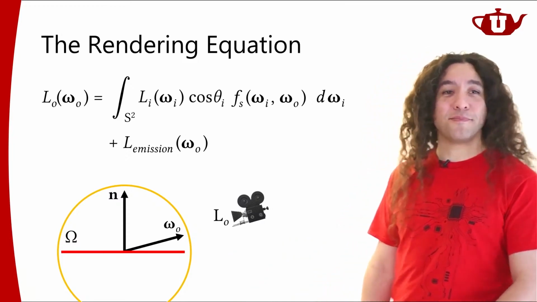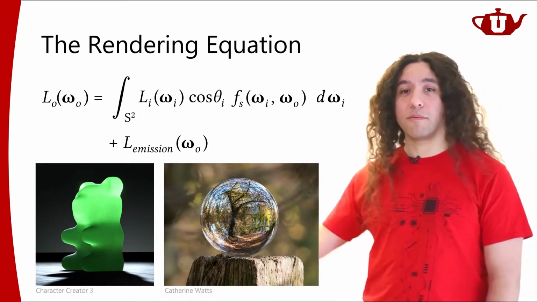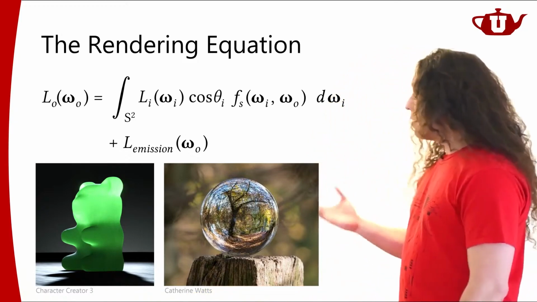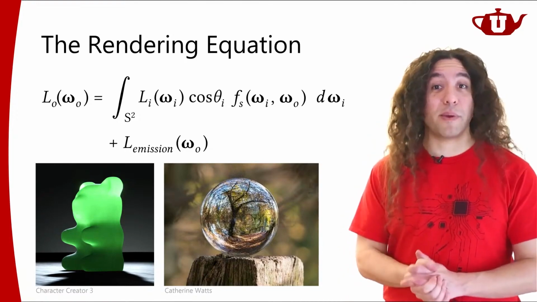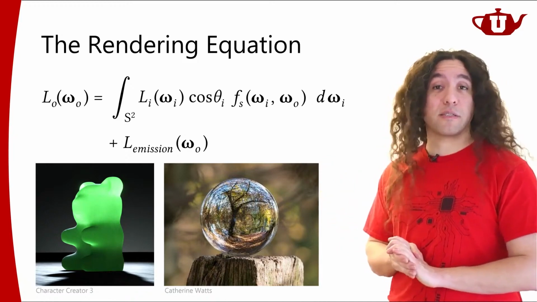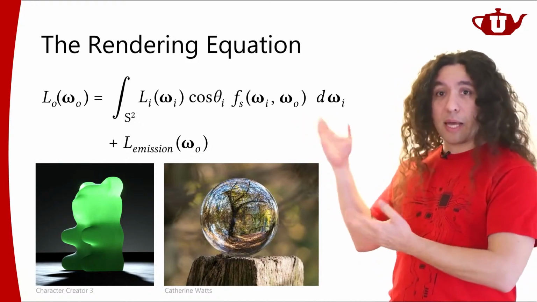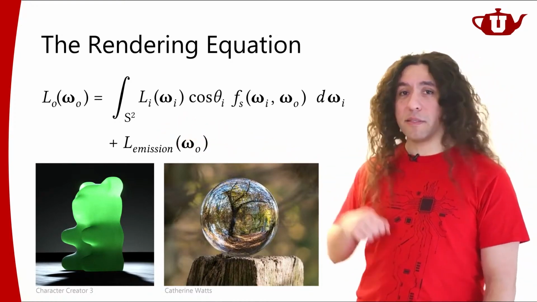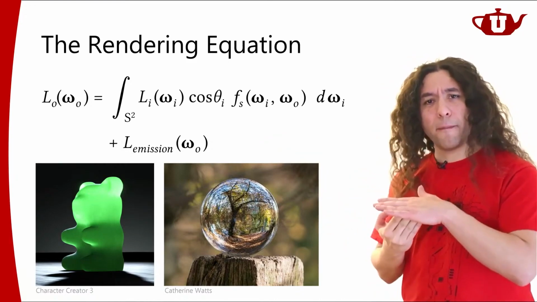And why would we need that? Here are two examples for you. One of them is what we call subsurface scattering over here. And the other one is refractions. If you have a transparent surface, it's going to have some refractions. And the refractions will be light coming from behind the surface, right? So it can be considered in the same context. Now, subsurface scattering is a little bit different. So this is, again, light coming from behind the surface.